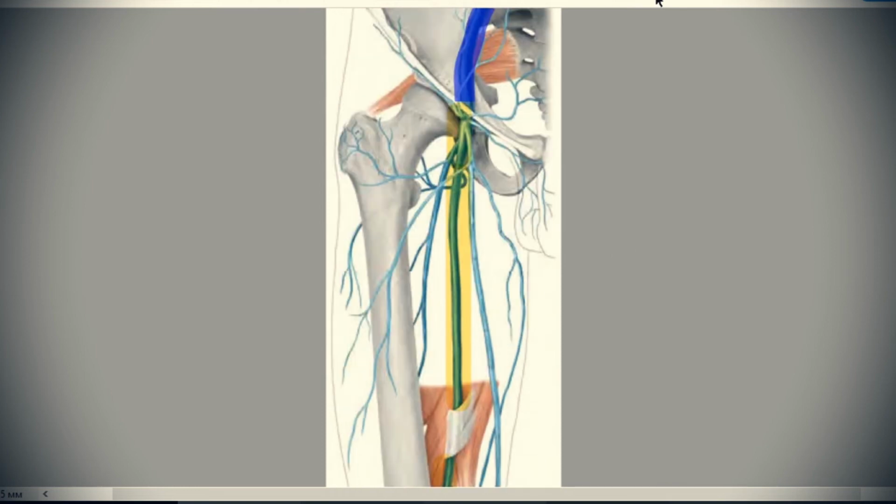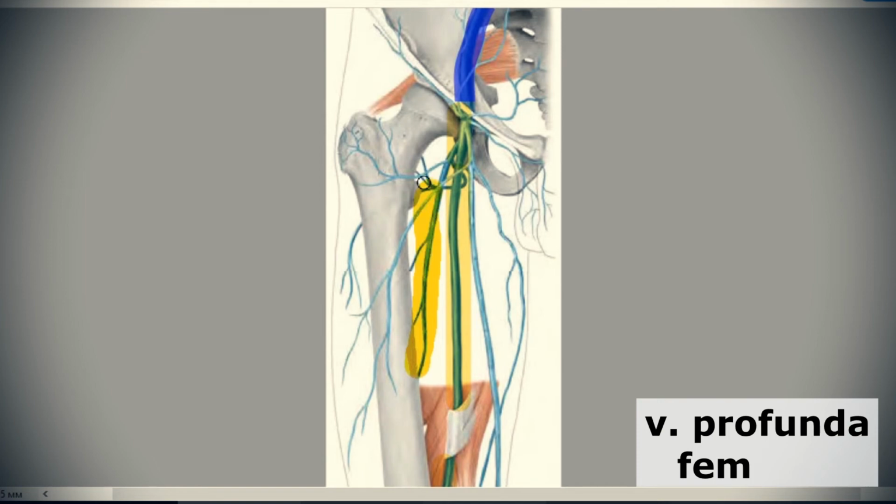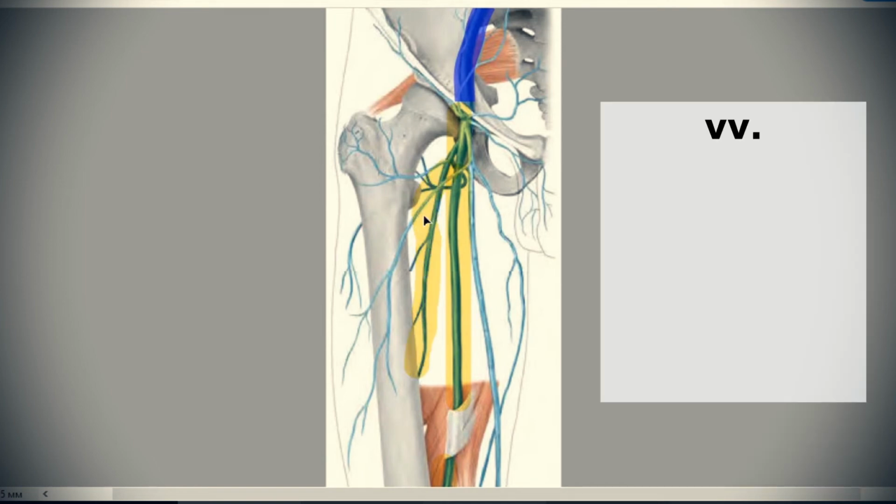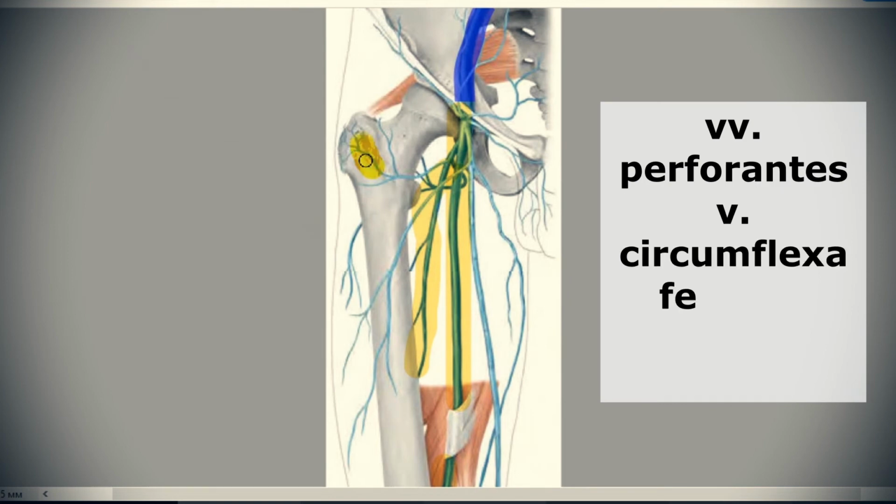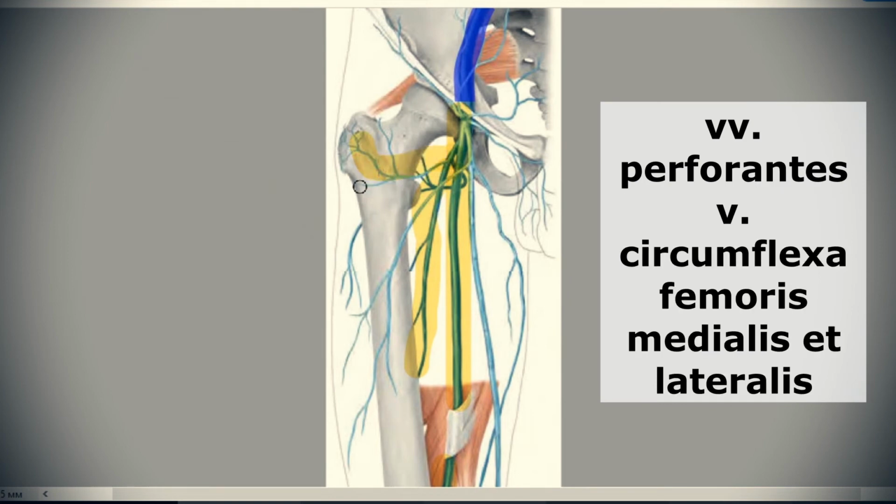We have the biggest one, the deep femoral vein, vena femoralis profunda, that has these tributaries: vena perforantes, medial circumflex and lateral circumflex femoris veins that drain blood from your hip joint and the muscles of your hip, quadriceps femoris